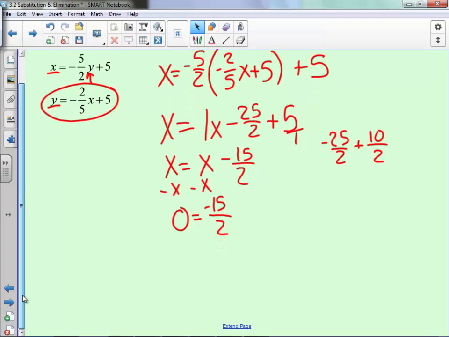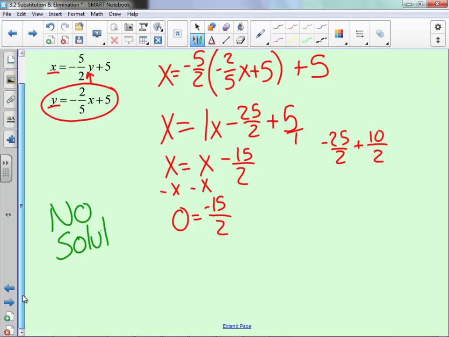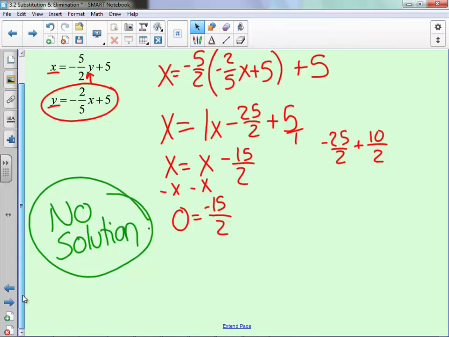Well, 0 doesn't equal negative 15 halves. So what this tells us is there is no solution. So this means the lines don't intersect anywhere. Keep in mind, once again, though, if we had gotten a true statement,